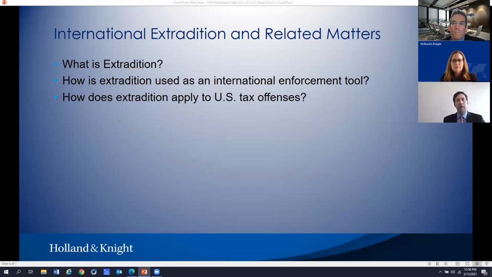Now, when you're talking about a tax circumstance, there are lots of countries where the tax penalty is not viewed as a criminal penalty, but as a civil penalty. That's one of the things Kevin was talking about earlier when he talked about MLATs not requiring dual criminality. It's a crime in country A and in country B. But for extradition, it has to be a crime in both places. Otherwise, the United States will not be able to extradite that potential defendant into the United States.